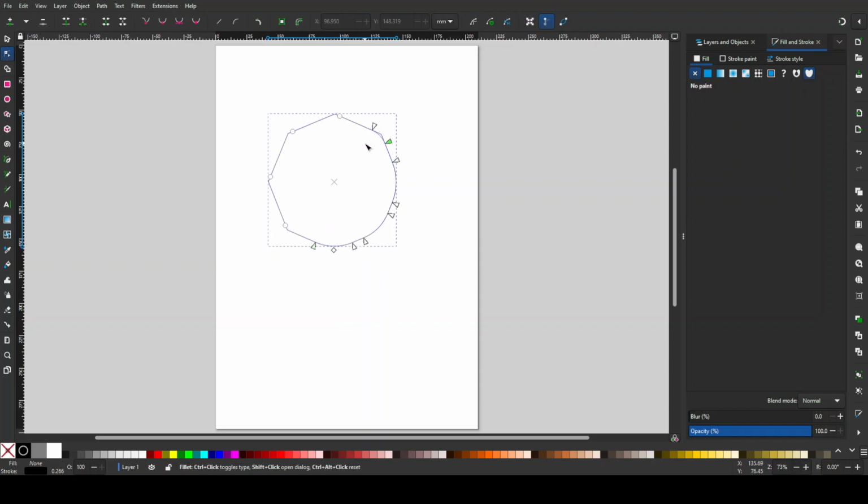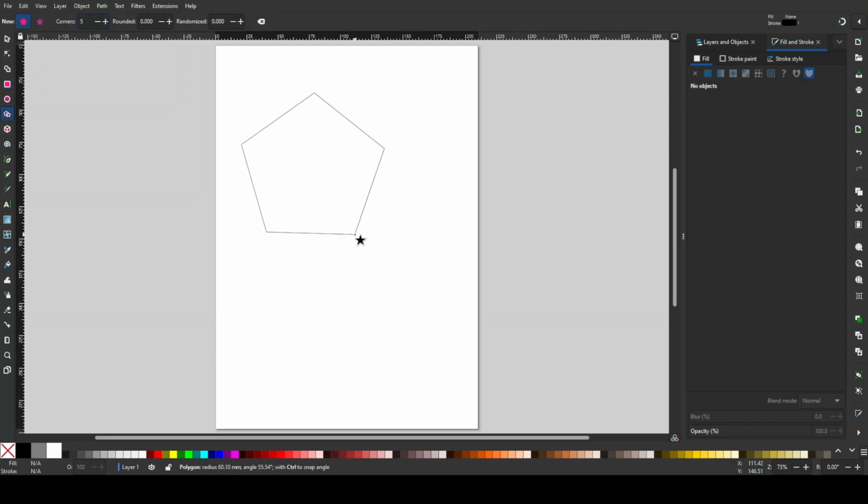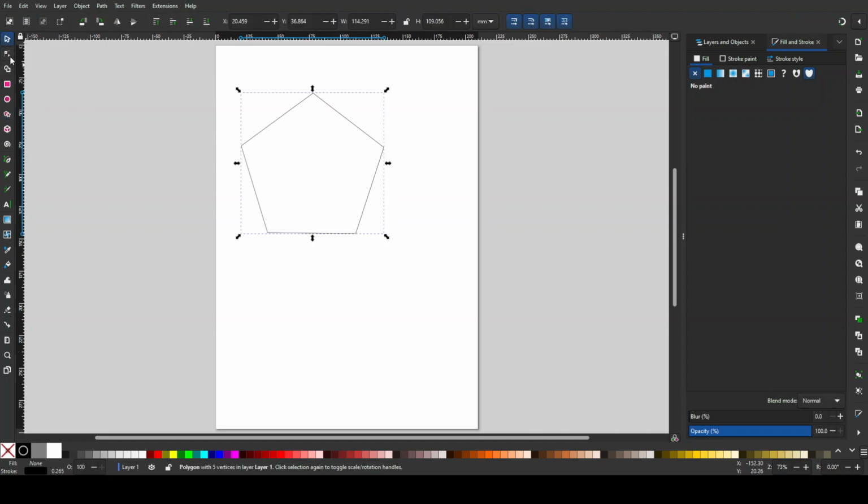But yeah, a bit more powerful. And if you highlight all of these, you can do them uniformly. But yeah, it's almost a circle, which is kind of weird. But you can see the difference even more so when you're working with like a 5-sided shape. Like if I created a pentagon here, node tool,